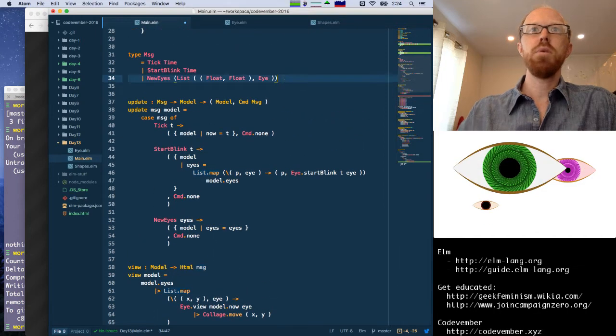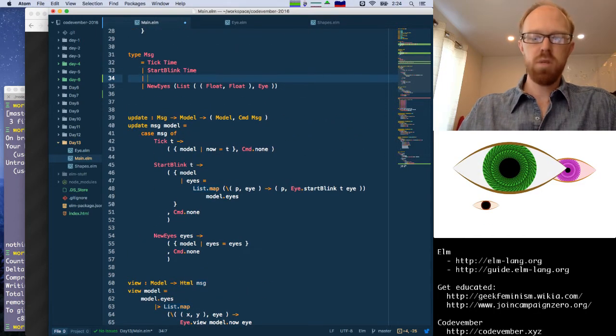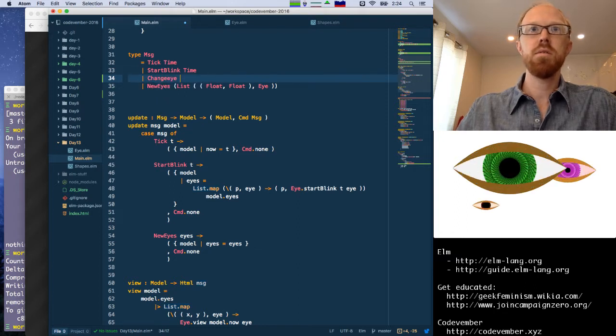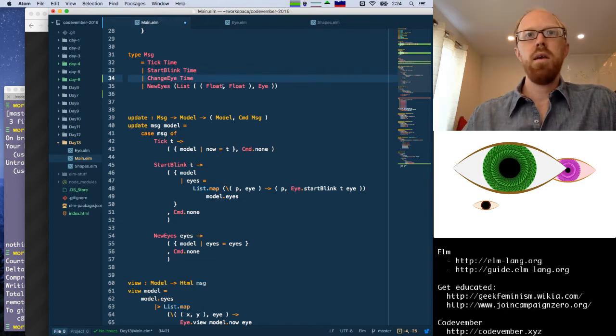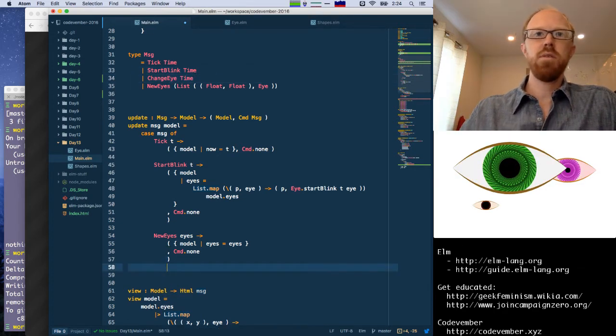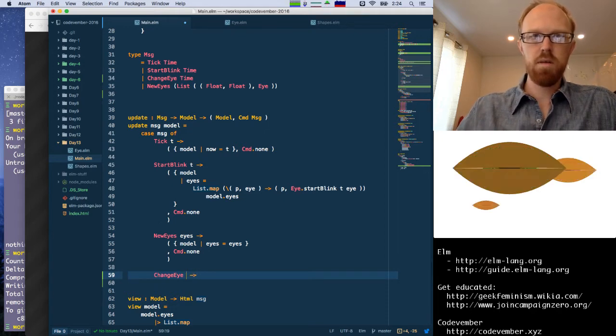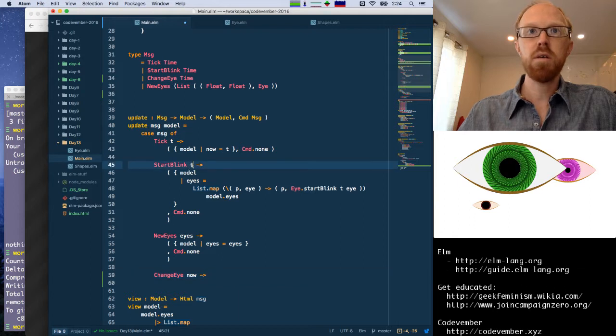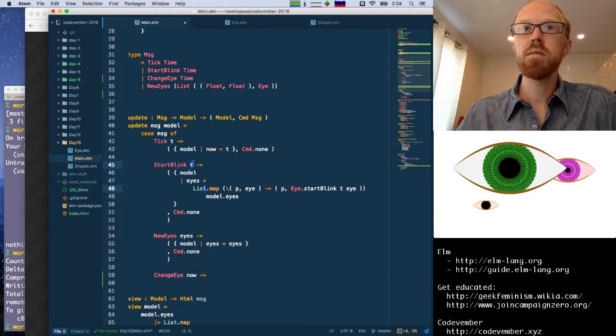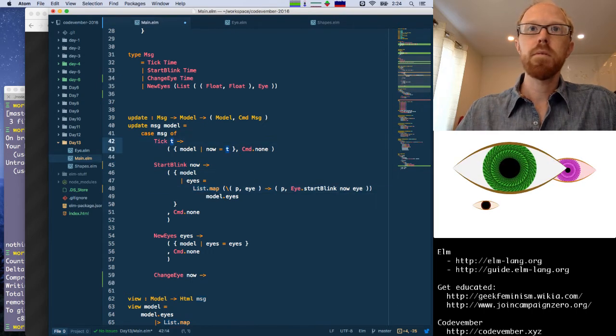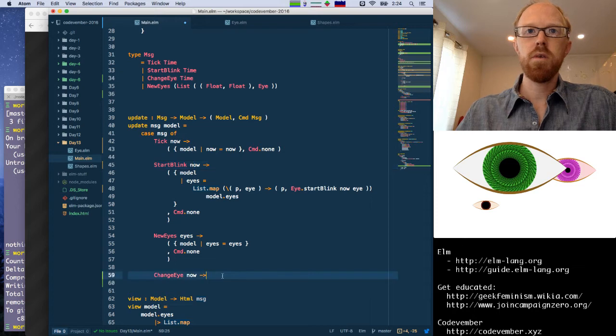So at that moment, we're going to get a change eye message with the time that it happens at. And when we get that, okay, so let's implement that. Change eye t. And I'll call that now. I should really call these other ones now as well. Okay, so when we get one,